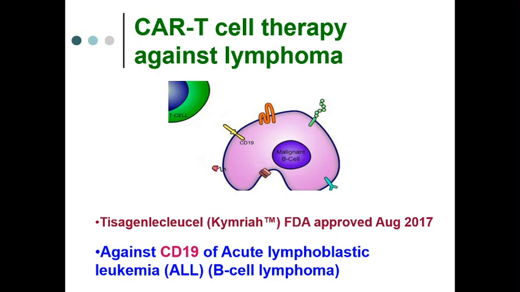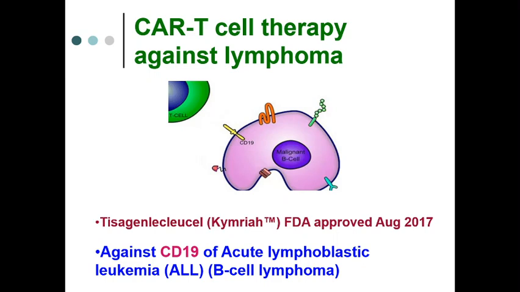And the trade name of the CAR T cells is called Tisagenlecleucel. Tisagenlecleucel, as shown in the slide, and another trade name for this is Kymriah. Kymriah is the trademark name for the genetically modified